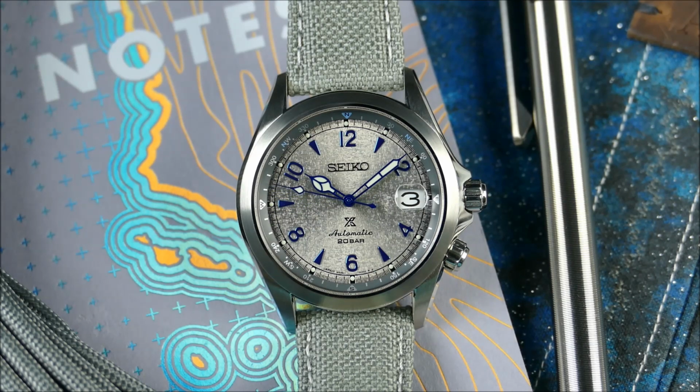This is limited to only 3,000 pieces and is sold exclusively out of Europe. It's an adventurer's watch, an extension of the original line that dates all the way back to the late 1950s. And it is really signature for having this beautifully textured silvery dial with blue contrasting accents. It also comes with two different strap options, one kind of matching gray canvas as well as one contrasting blue leather, both with their own signed deployment clasps, so you don't have to fumble with those when you're switching between